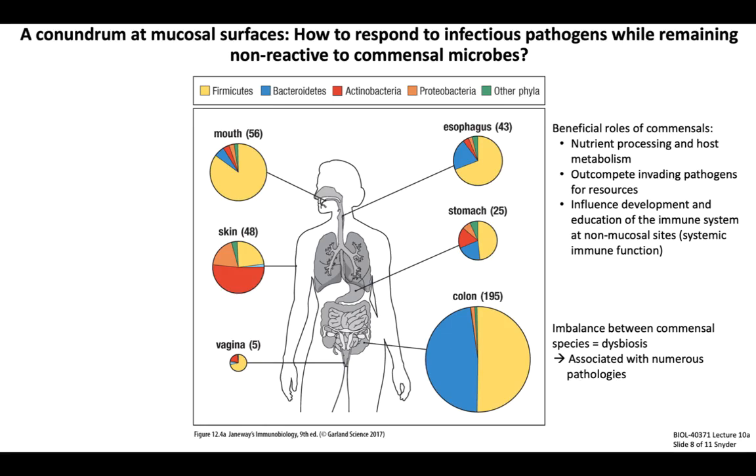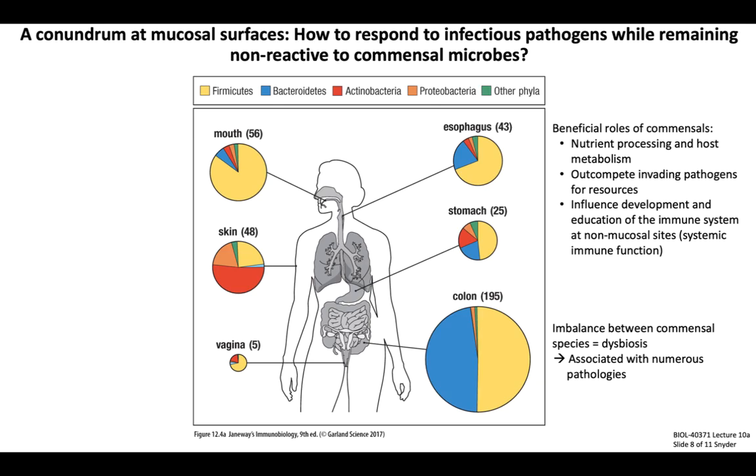At this point, we've summed up how the mucosal immune system promotes host defense from pathogens. However, I want to end today by talking about a really interesting biological problem, or conundrum, that you find at these mucosal surfaces. And this conundrum is based on the fact that the mucosa are populated by large communities of commensal microbes. This figure from the textbook summarizes the composition of commensal microbiota found at various mucosal surfaces in healthy